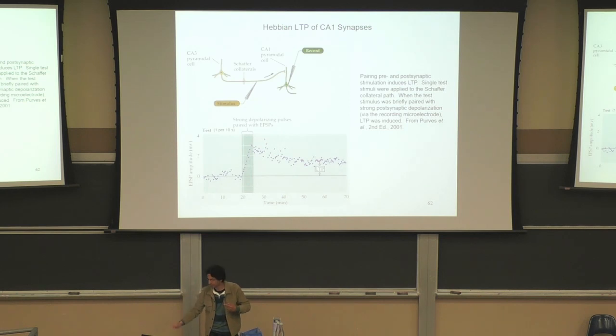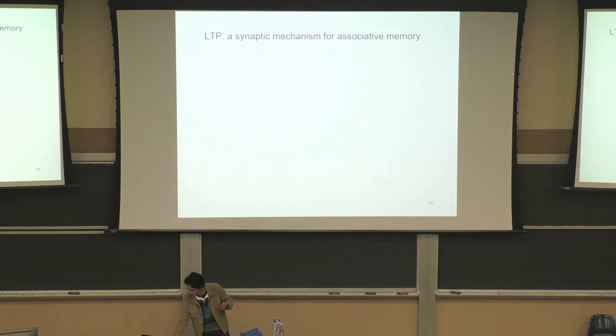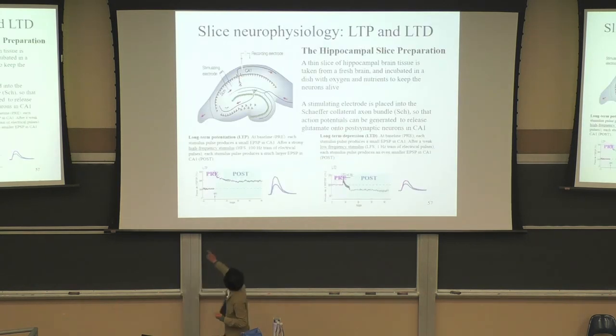And this is in contrast to the other types of LTP, which were shown like here. In this LTP, the difference is that they're stimulating only the input cell, and they're just recording in the output cell. So if you stimulate only the input, then you have to stimulate the input very strongly so that the output cell has some depolarization that's synchronous with the input. And that's why they need this very strange 100 hertz stimulation here. It's a very strong, strange electrical stimulation that doesn't really exist.